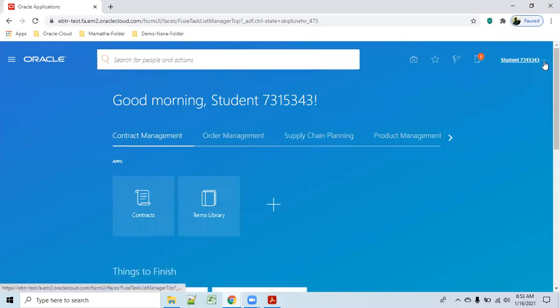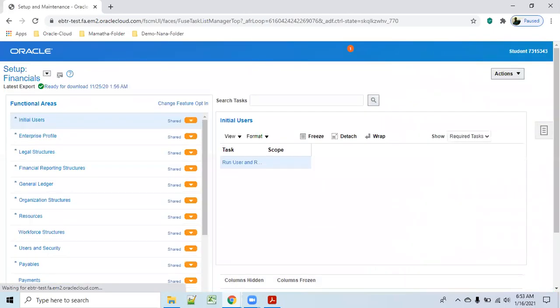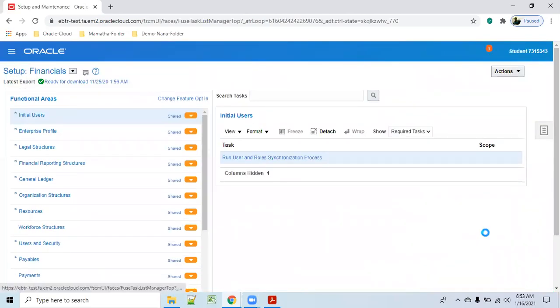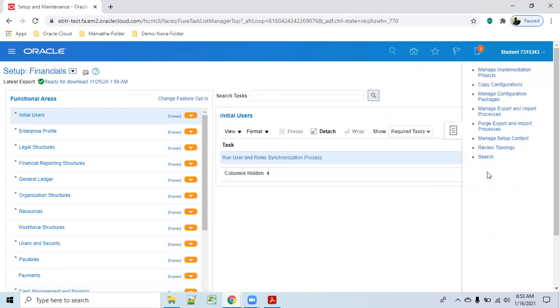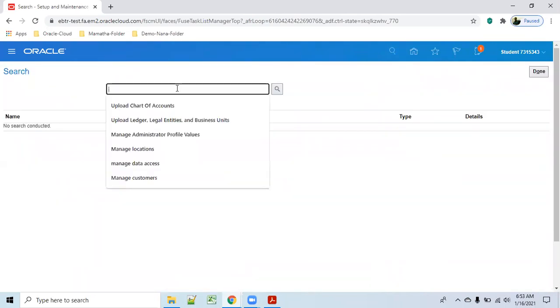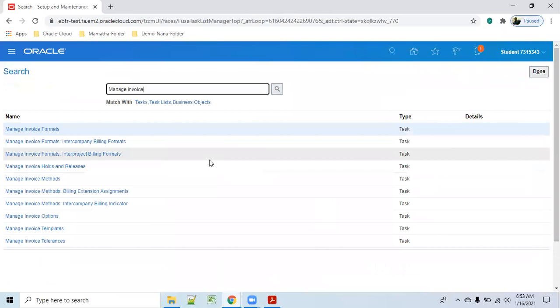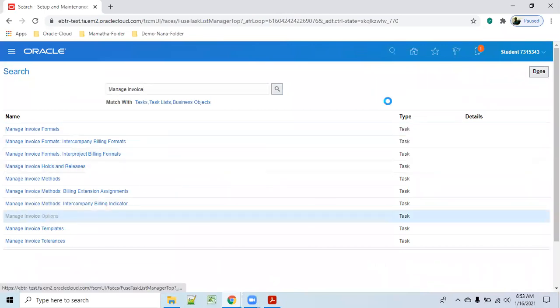Because we are not doing the payment side, it will be done by the financial team, but they have given it here to help understand. If you don't know, you come here: invoice options, manage invoice options.